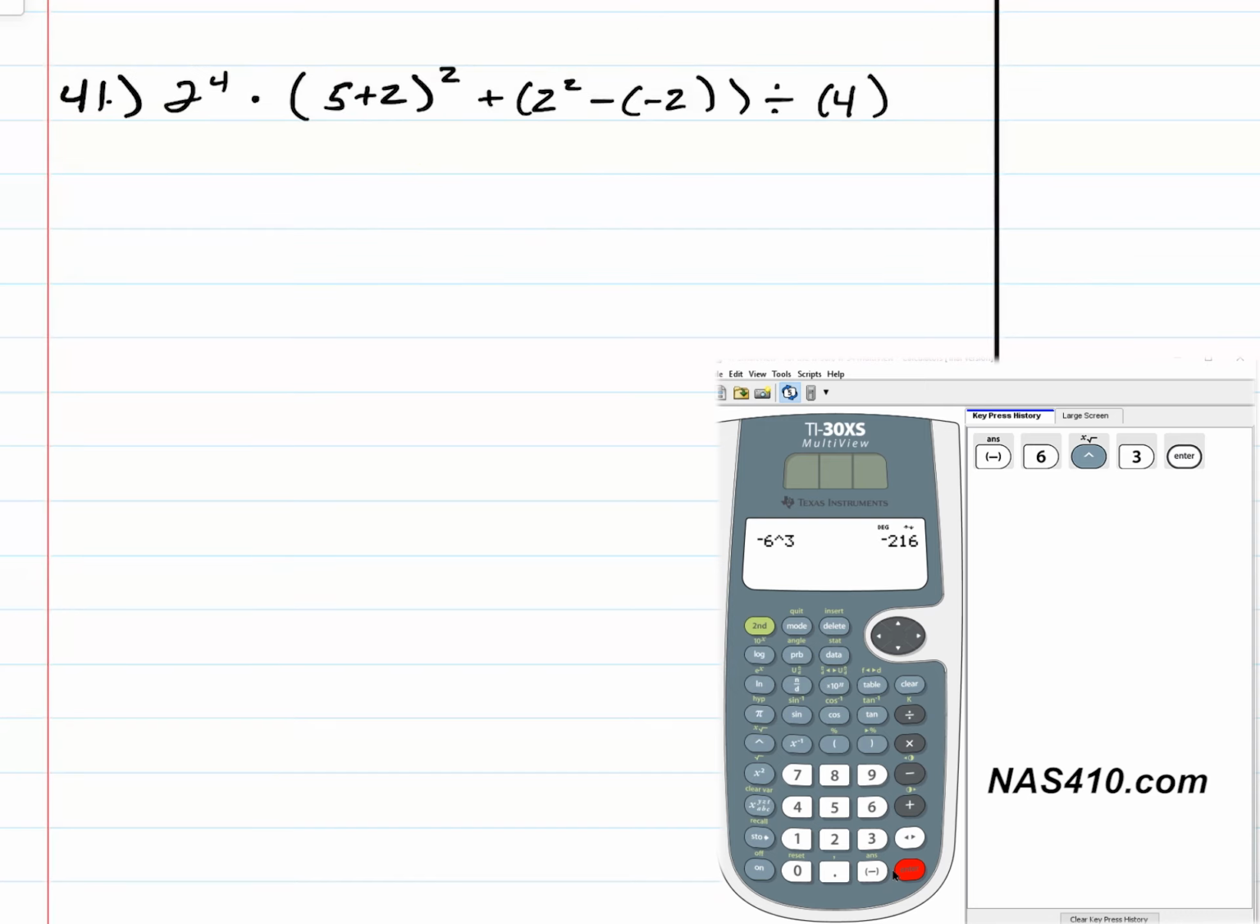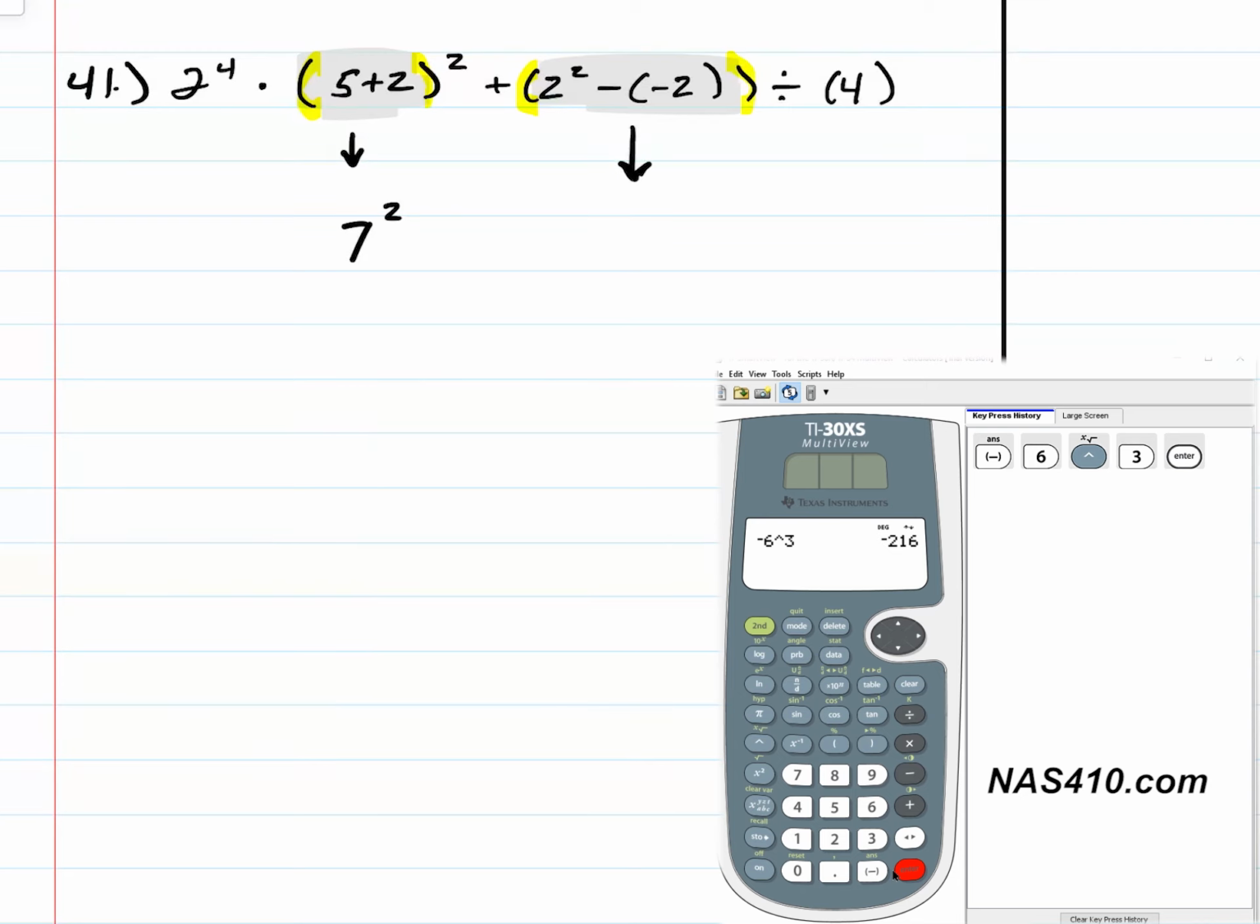Okay, question number 41. First thing I do is look for parentheses, and I have them. I have them here, and I also have them here. I have 2 different sets of parentheses, and so I'm going to work each one of these first. Okay, and so right here I have 5 plus 2 equals 7, right? And that's being squared, so I have 7 squared. Okay, and then right here,